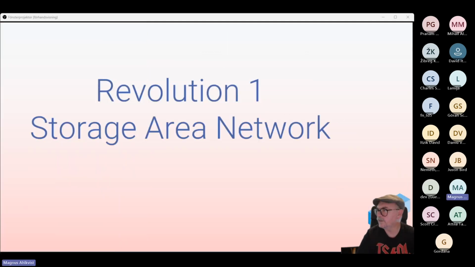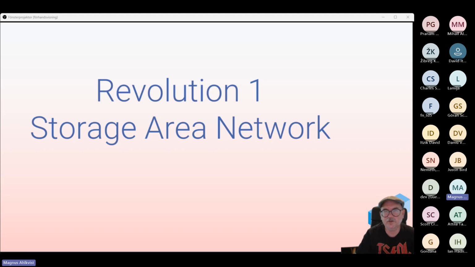All right. My first revolution that I was a part of. Revolution sounds a bit maybe violent, but I mean a drastic change. The first drastic change I saw in IT that I was a part of was the use of a storage area network. Instead of having disk cabinets or disks even inside the servers themselves, we would connect through a fiber channel to a storage area network, which is a larger box with more disks, and we could log into the